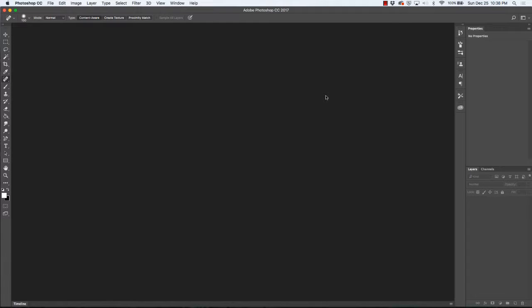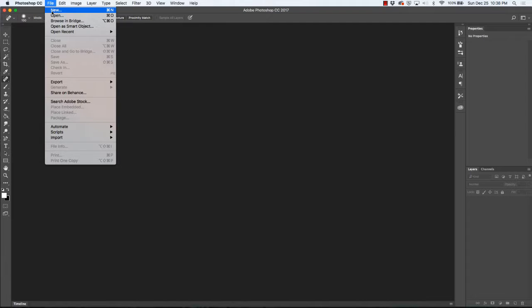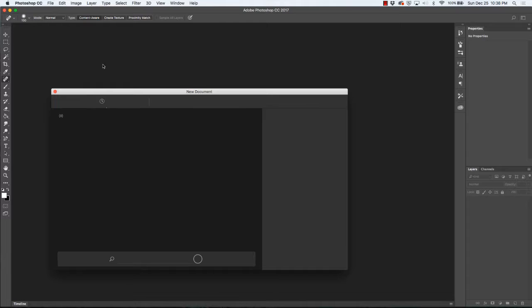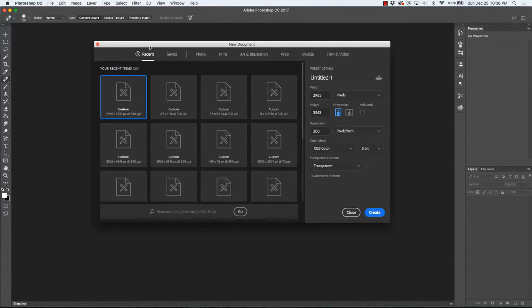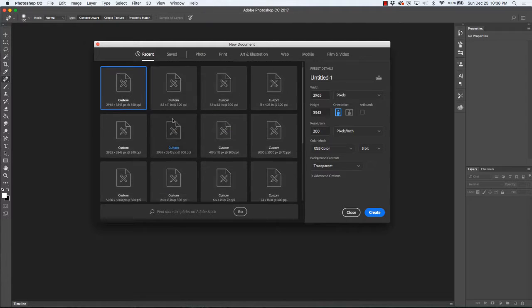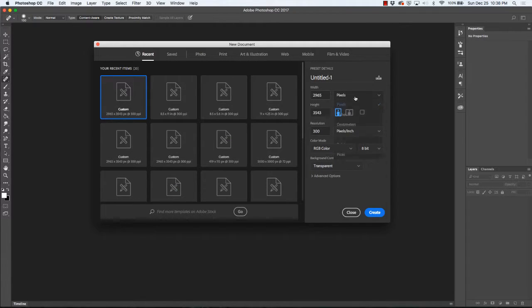Today we're going to show you how to open files and save files and create new files from scratch. So let's go ahead and get started. Once you've opened up Photoshop, you'll want to go to either File, New, Open, Browse in Bridge, Open as a Smart Object. For this, we're going to just go ahead and select New, and we are working in Photoshop CC 2017. Now it will remember the types of documents that you open often, or you can start from scratch